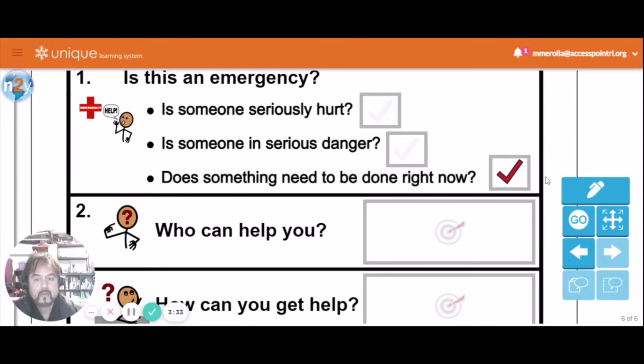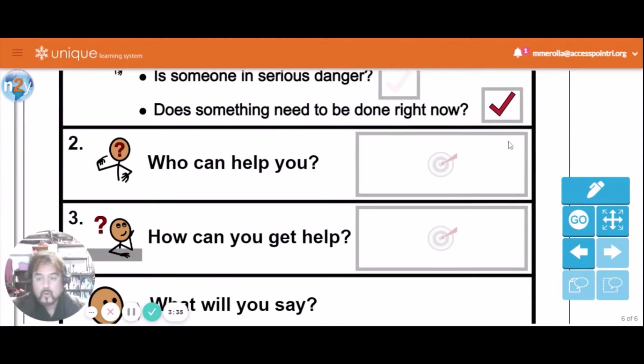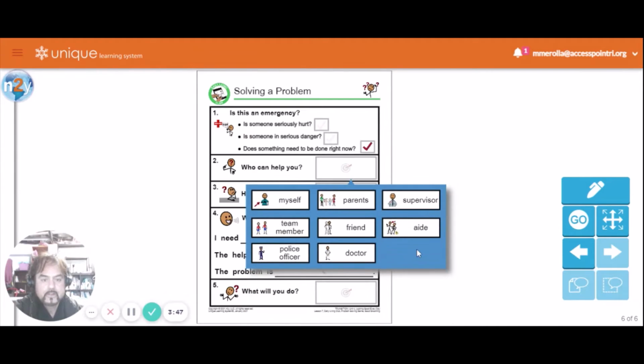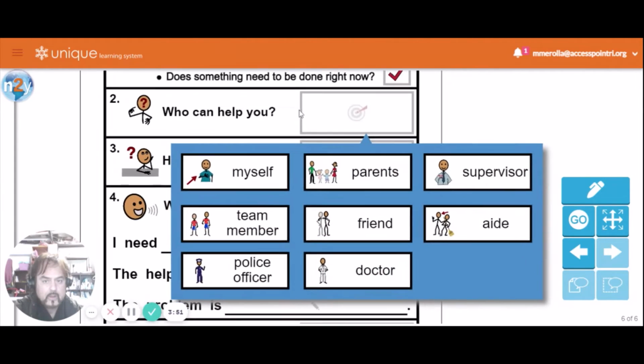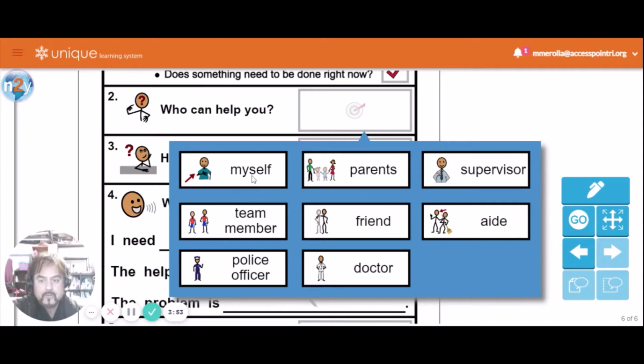Okay, who can help you? Well, it depends on who you live with. If you live with your parents, they can help you. Let's see what our choices are. Oh, yes, let's zoom out. Okay, well, you could help yourself, right?